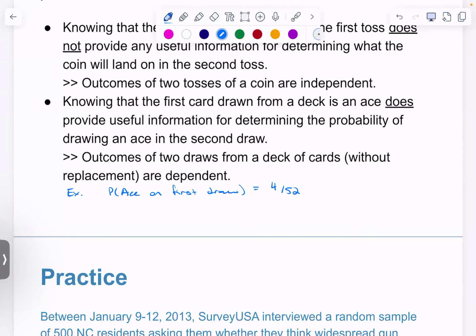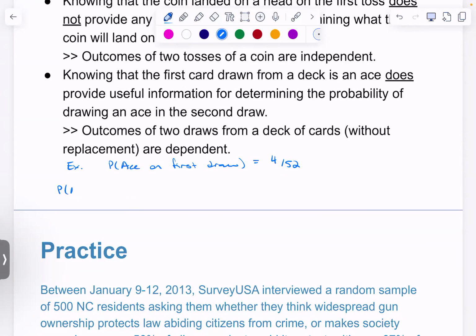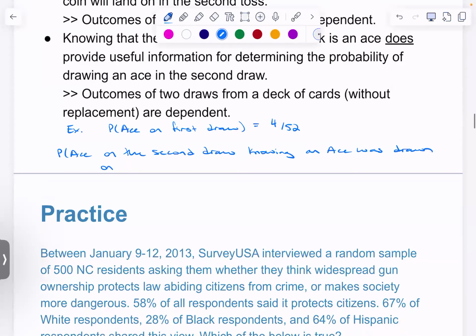Probability of an ace on the second draw after that first draw, knowing an ace was drawn on the first draw,